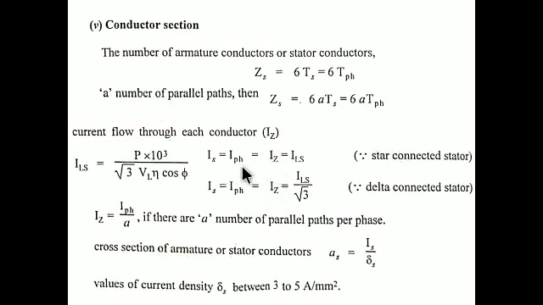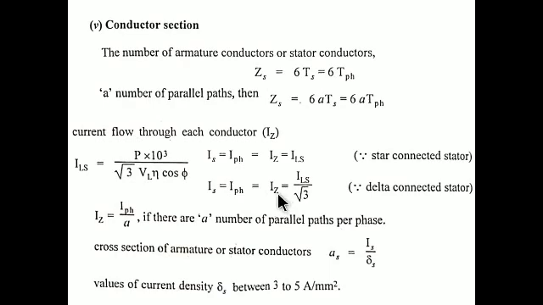In a star connection, all the currents are equal. So the stator current is equal to the phase current, which is equal to the conductor current. That is equal to the stator line current. For the delta, the stator current is equal to the phase current. That phase current is equal to the conductor current. But to find the conductor current, you need to divide the stator line current by root 3. Then only you can find the value. It's a general formula only.